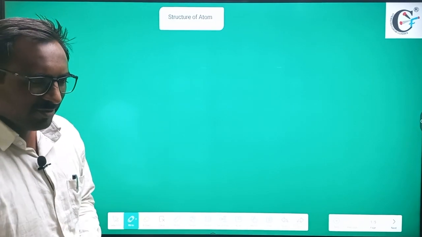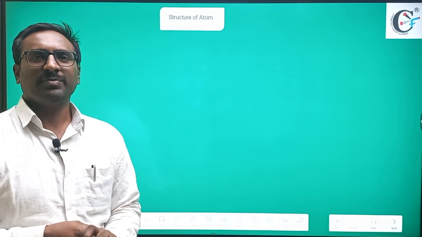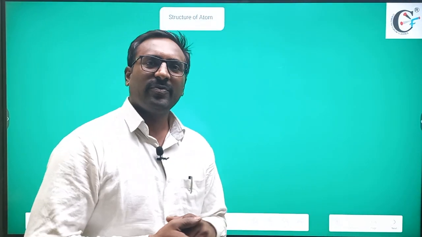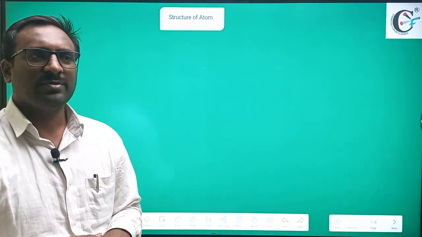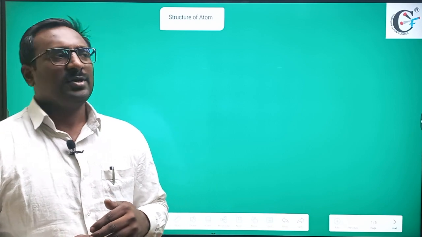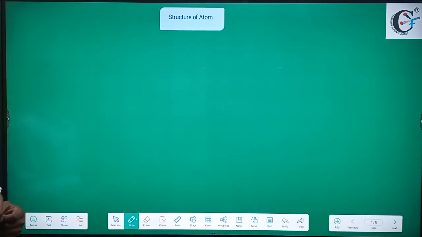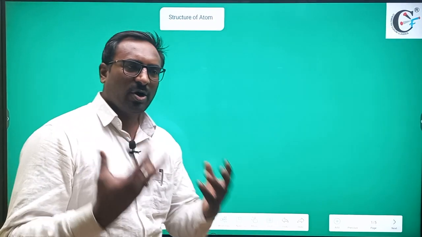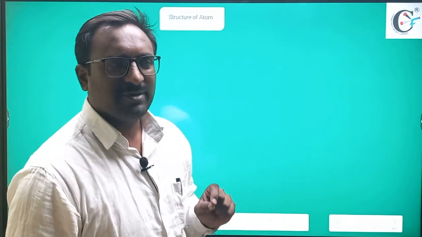In last lecture we have discussed the concept of quantum number, which gives us information about the energy of electron, the orientation of electron, and the position of electron in orbit and orbital. So in today's lecture, now we have orbit, orbital, we have electron. Now question arises. What question arises? How to fill these electrons in different energy levels? How to write the electronic configuration?